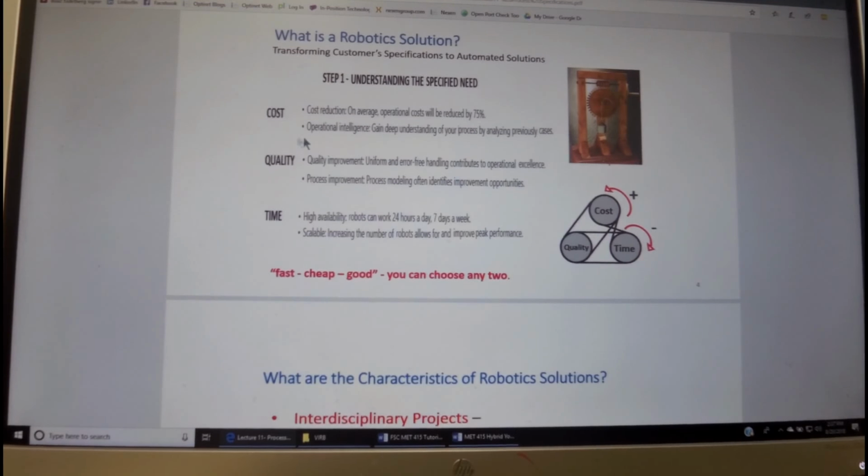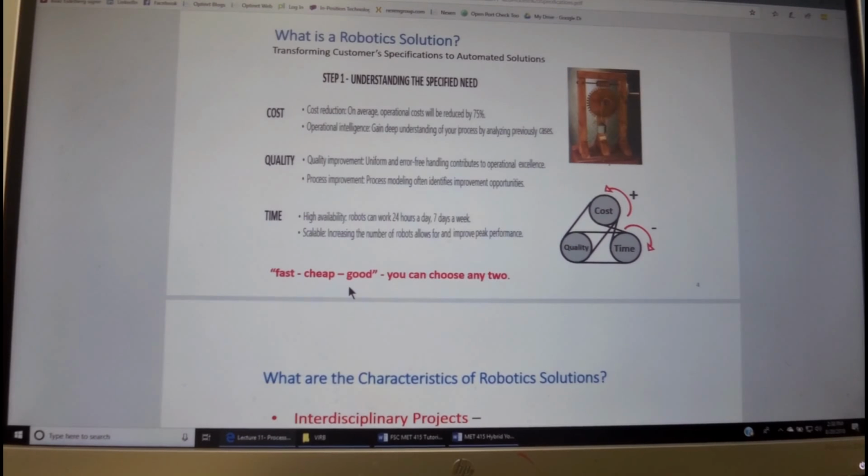One is the cost of the engineering as well as the product itself, the quality of the performance, and then the time that the product is going to be developed. And we have fast, cheap, and good.